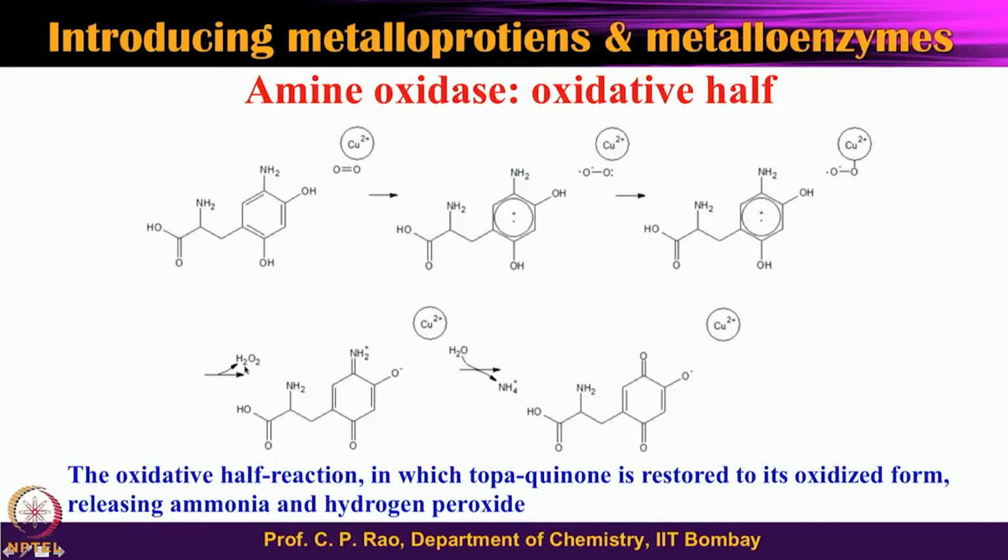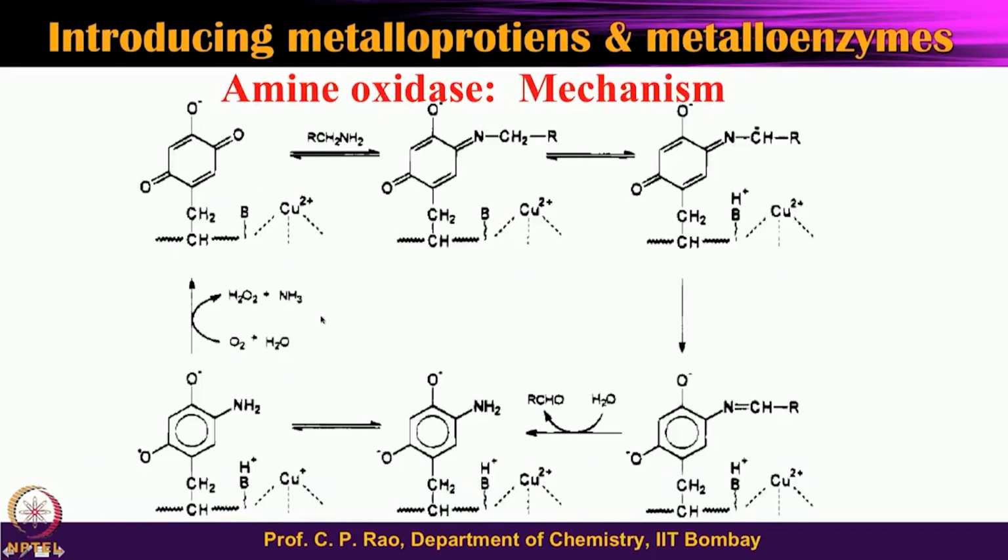In the first part the H2O2 is coming, the second part ammonia is coming. So, it is further, but anyhow this is the whole oxidative half, and that is the reductive half. So, putting together the amine oxidase mechanism, you can see the enzyme, your substrate in the oxidized form of the quinone enzyme forming this Schiff base, converting into these ones, and losing the aldehyde, and then binding to O2 and then